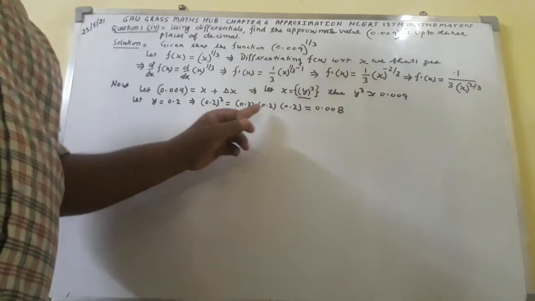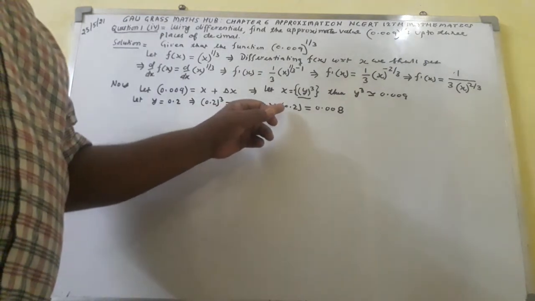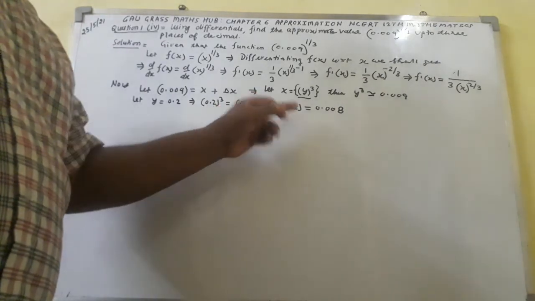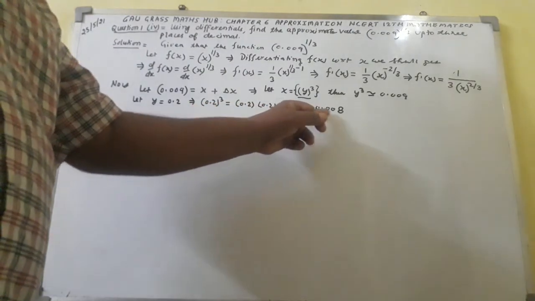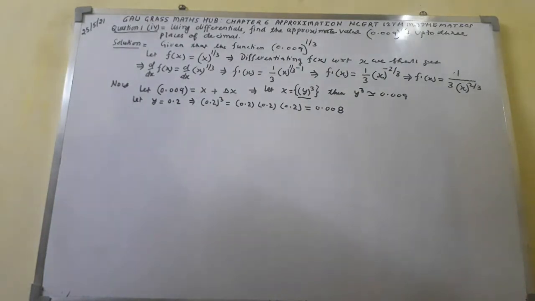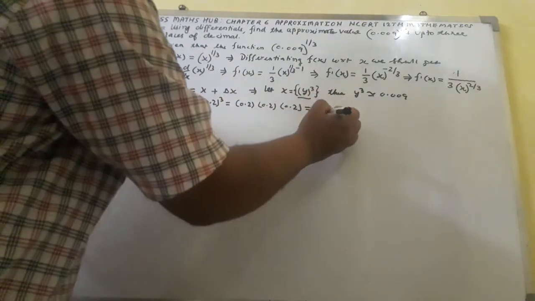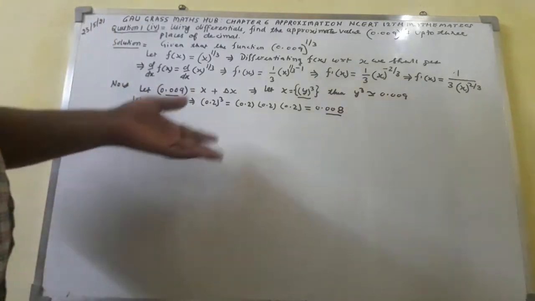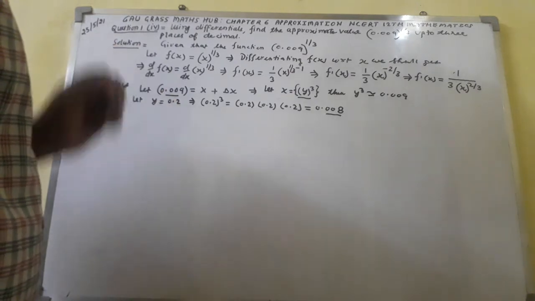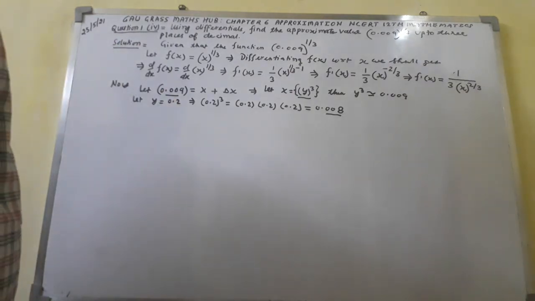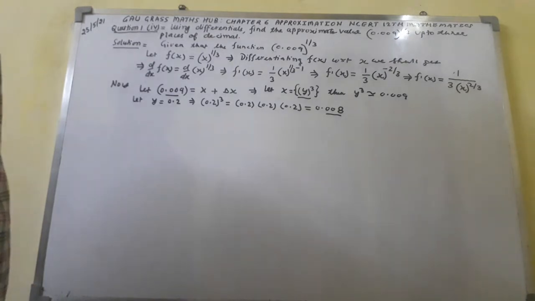0.2 will be multiplied together. The result will be multiplied by 0.2. 2 twos are 4, 4 twos are 8. 8 I shall write here, and here 1, 2, 3. So after the decimal 3 digits will be taken. This way. So here you can see this value and this value are approximate. That's why the value of y I shall take 0.2. In this way we have to judge. You have to think, write the things in the rough work, and from there you judge. This is the approximate value we have to take.